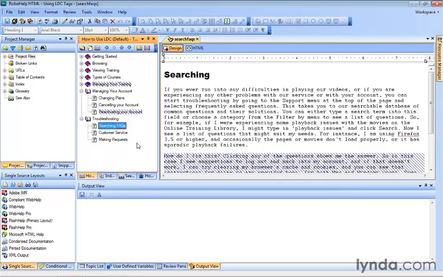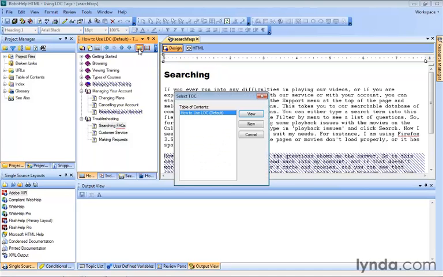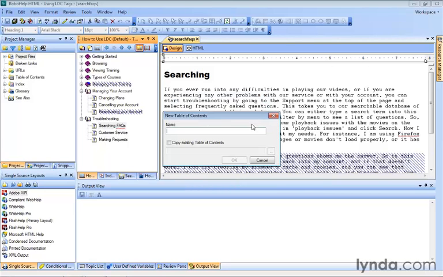So all you have to do here, still using our Using LDC Tags project, is go to the Table of Contents pod, and you'll see a button here for creating and viewing table of contents. We're going to click that button. We see our default, how to use LDC, and all we're going to do is click the new button to create a new table of contents. Let's call this one our condensed